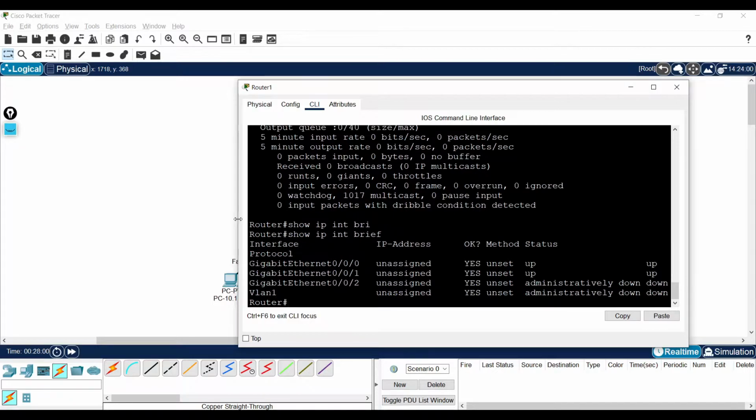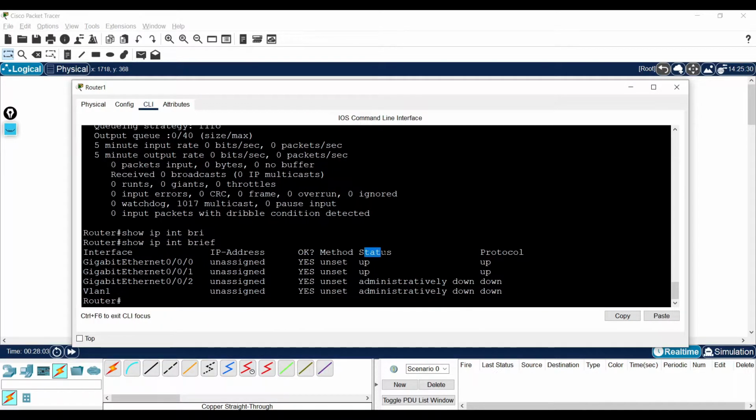When you give this command, it will show two statuses, and the first status represents the physical layer, the layer 1 status. If there is any issue with the physical cabling, this status will not come up, and then obviously the second status will be down. The second status is the layer 2 data link protocol status. If you misconfigure the speed or duplex settings in your interface, it may lead to this issue. At that time, the physical status will be up and the data link layer status will be down. In such cases, you may check the speed and duplex settings.